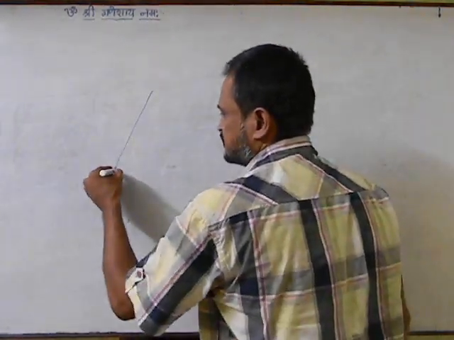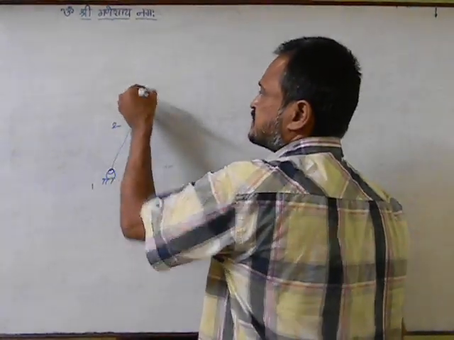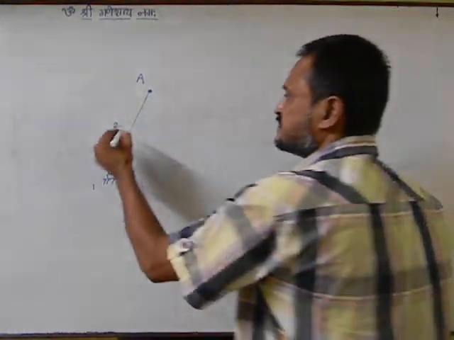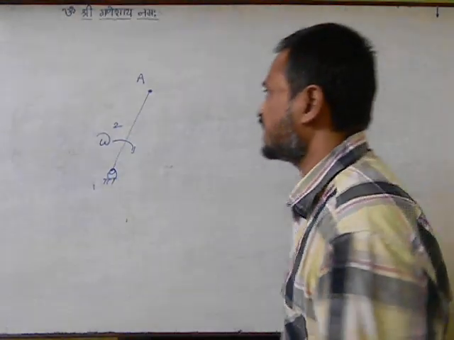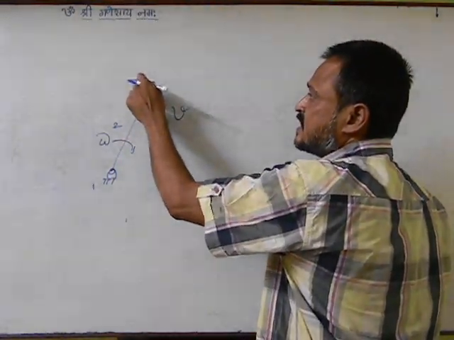So this is link number 2, this is link number 1, and let us say this is one point which we have talked about, A. So when this link 2 is rotating at an angular velocity of omega, I can say that the velocity of A